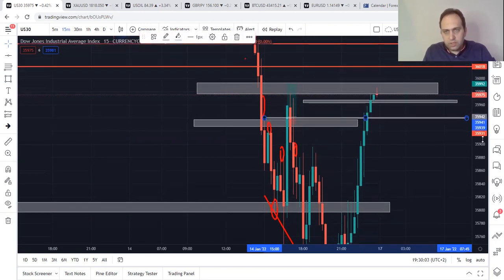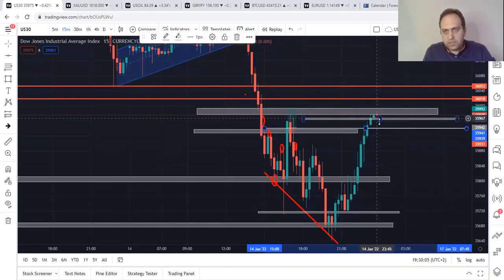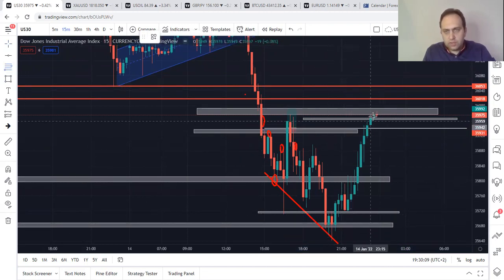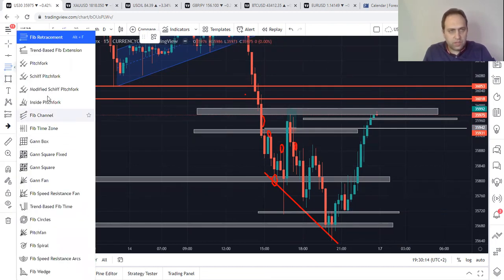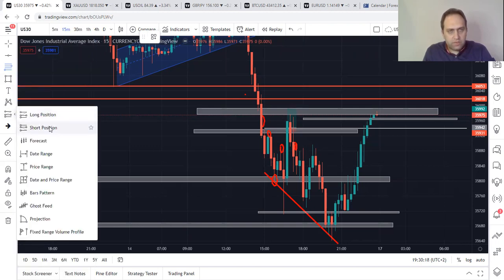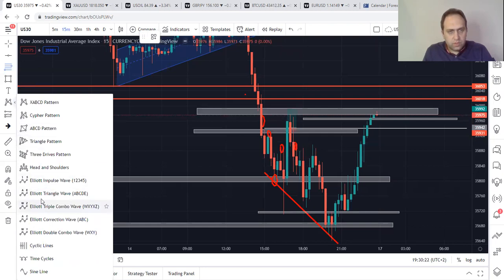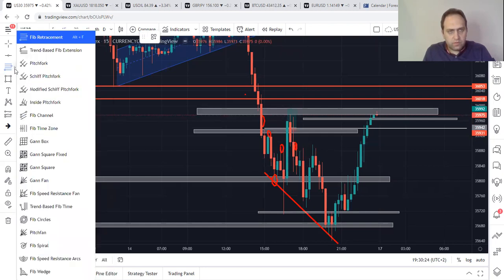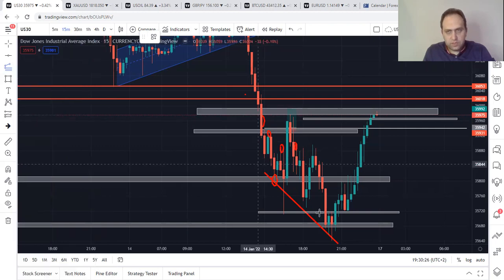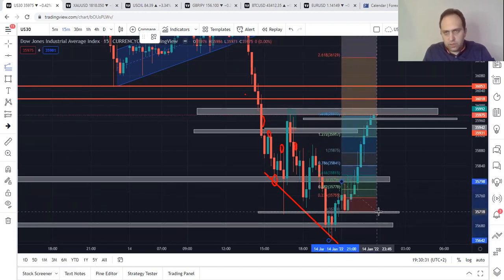Okay, we have a retracement to be done. Let's see the Fibonacci, 1, 2, this is 3. Let's see the Elliott wave count. Wait, let's see what the Elliott wave is doing. On the lower time frame I know it counts. Okay, Elliott wave. We need the Fibonacci extension. We have the 1 till here, we have the 2 till here.